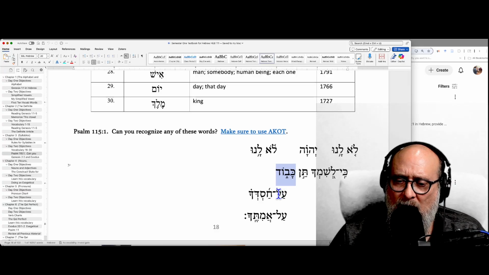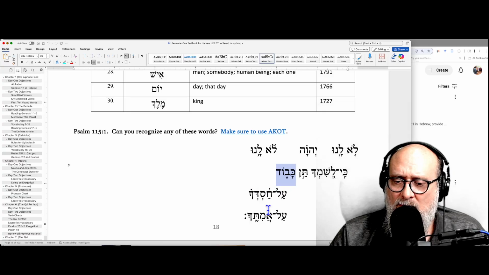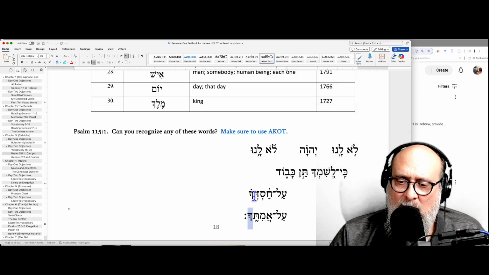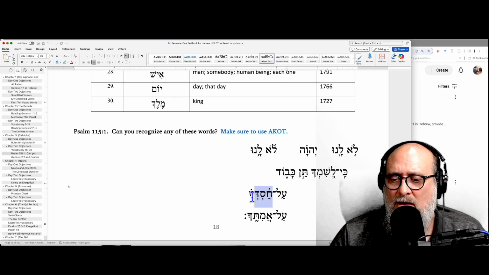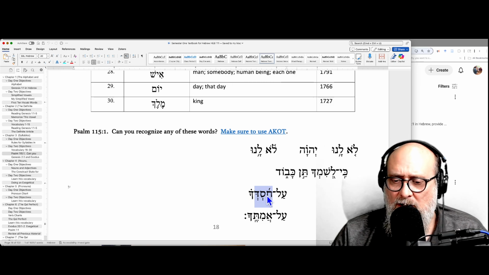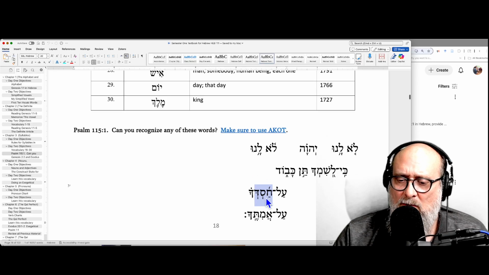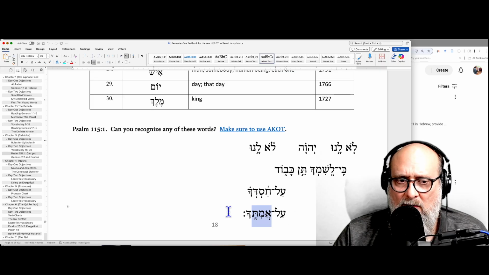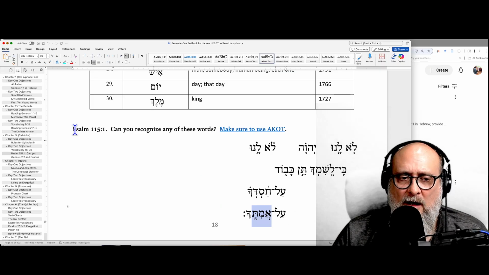For the sake of your hesed and for the sake of your... so this ka is the you masculine singular. For the sake of your hesed, you probably heard that word before: loving kindness, covenantal faithfulness, loyalty, commitment. Really hard to translate this word. And then emet is the word truth. So because of your hesed and because of your truth. So fantastic